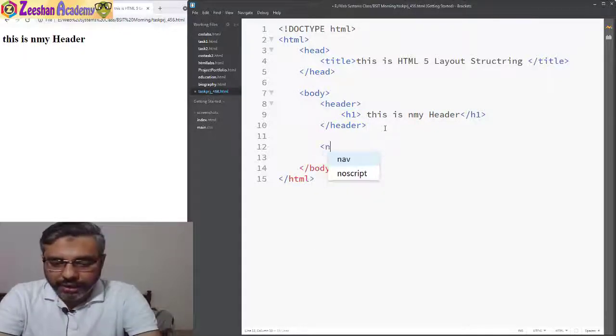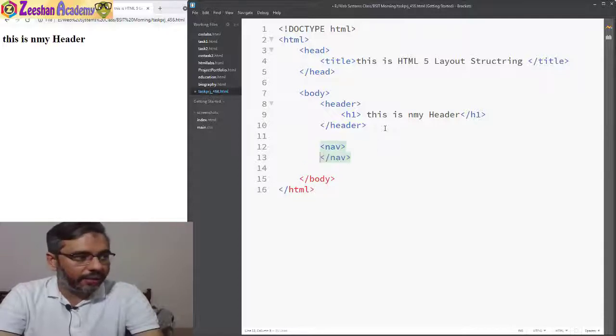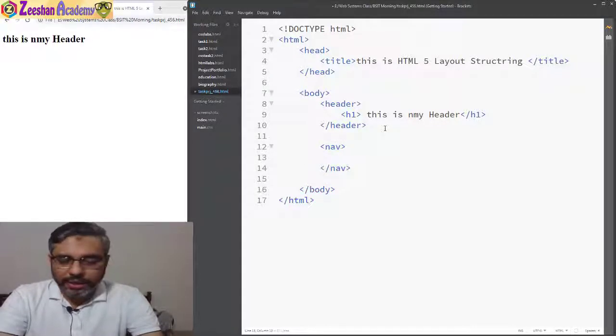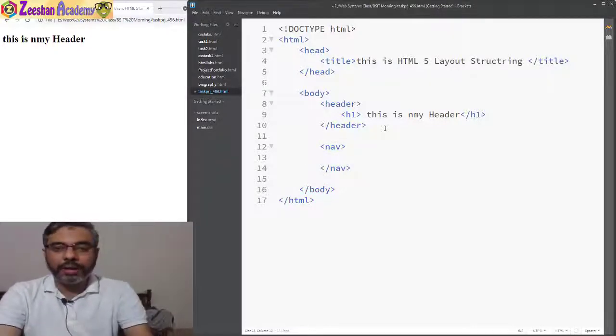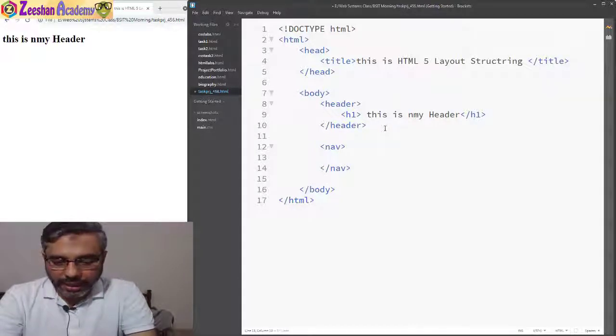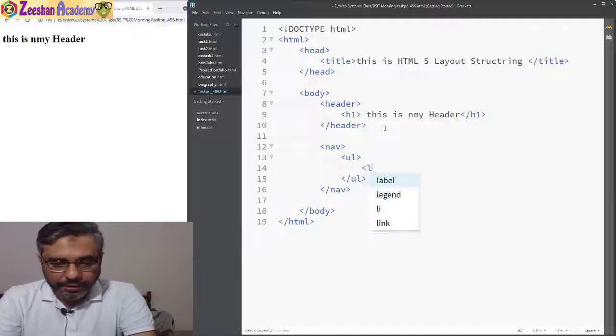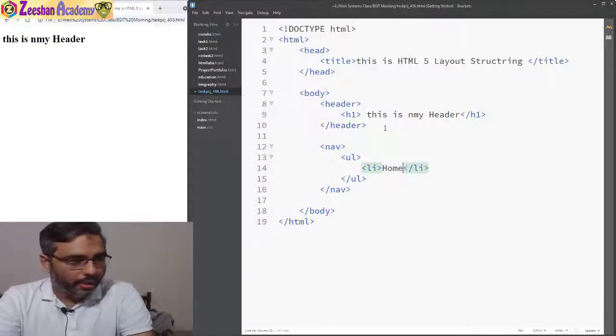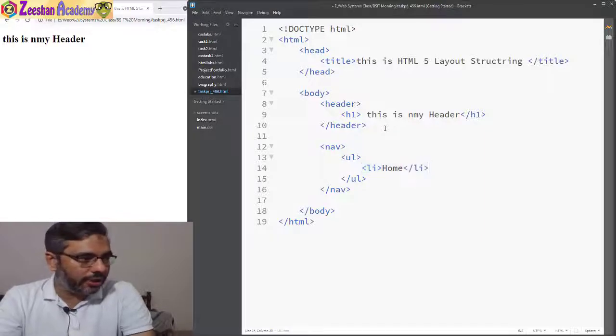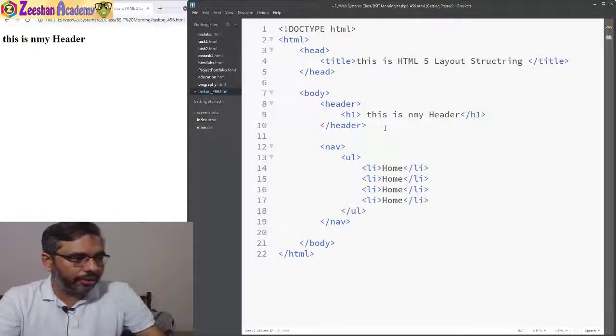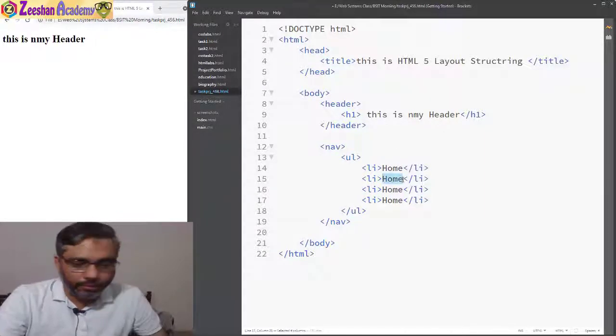Then in order to give a navigation, I write a nav tag. This is where I will be basically including my navigation. So for example, I can include an unordered list, and within the unordered list I include a list item, Home. Then Control C and Control V, Control V, Control V, and then I can go, for example,